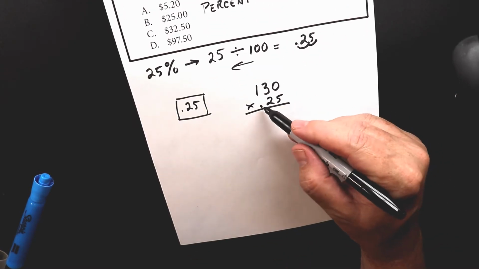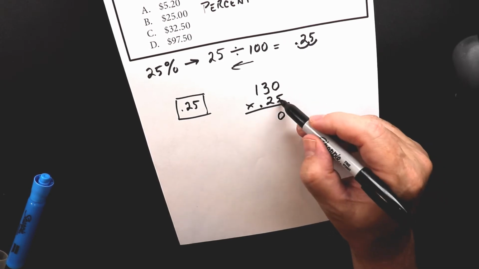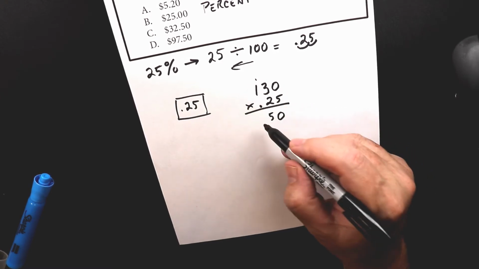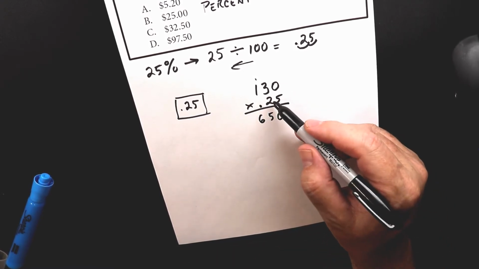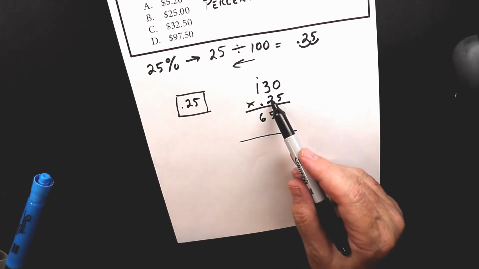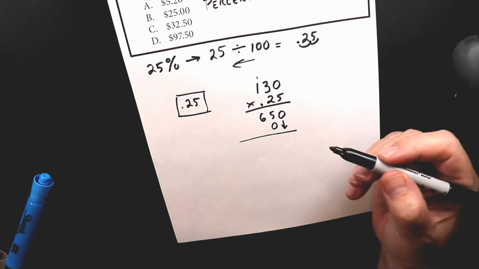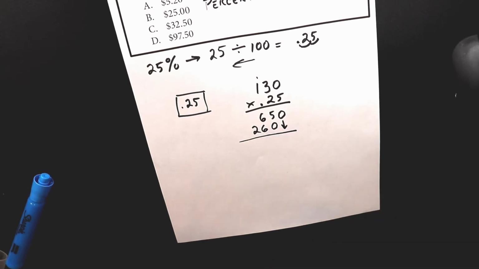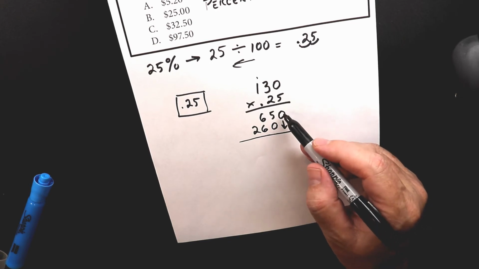So let's first do the multiply, ignore the decimal for now. So 5 times 0 is 0, 5 times 3 is 15, carry the 1, 5 times 1 is 5, 6. So we have 650. Now we're going to multiply, so we're moving over 1, and I always like to put an arrow just to point down so I don't accidentally start putting the numbers down here. So 2 times 0 is 0, 2 times 3 is 6, 2 times 1 is 2. So I look at this,